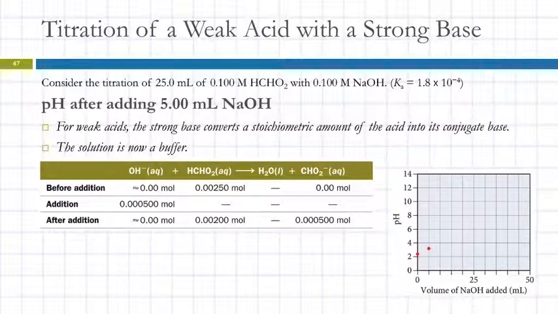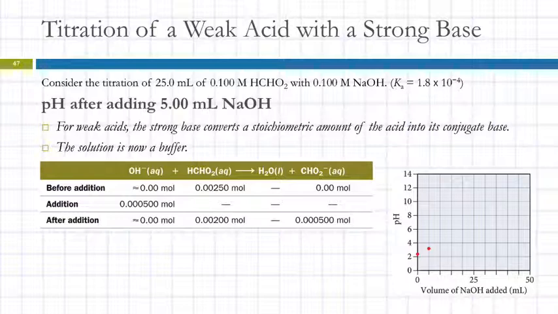We're going to look at the weak acid and the strong base reacting stoichiometrically. The solution is a buffer now. So we've got this addition. All of that's going to react with our acid, and it's going to form some of this conjugate base. We didn't have to worry about that before. But this is a buffer,